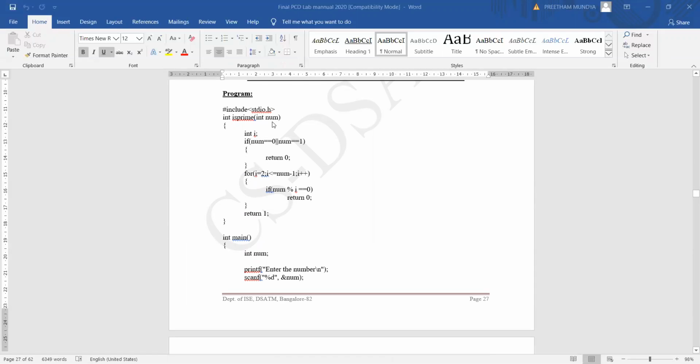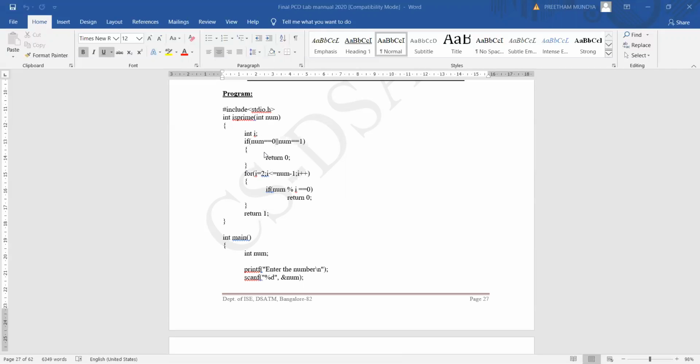So the number is read here, and here I've taken a local variable I as the iterative variable for the for loop. I have an if condition, as I told, 0 and 1 are not prime, so I will be returning 0. If the number is 0 or if the number is 1, then I return 0.